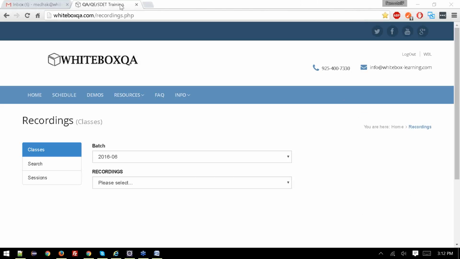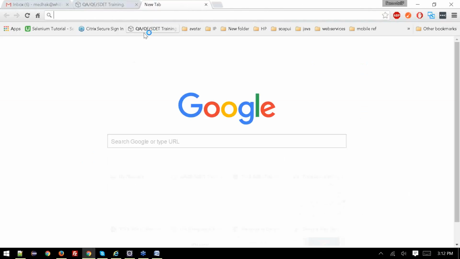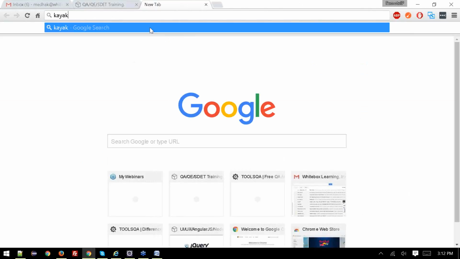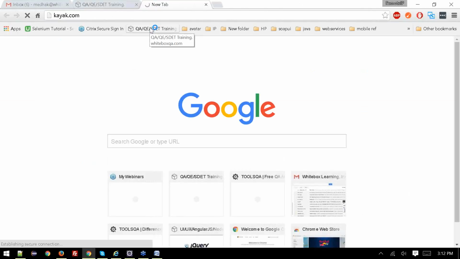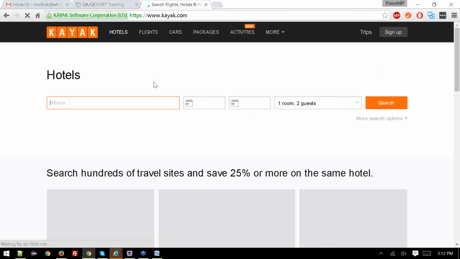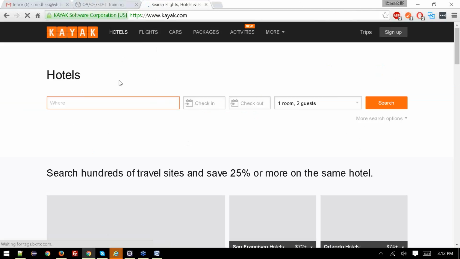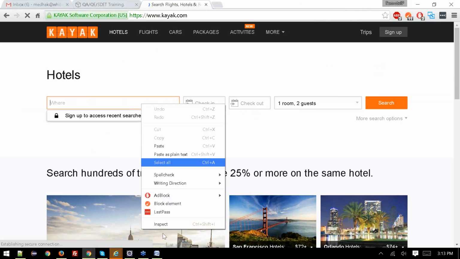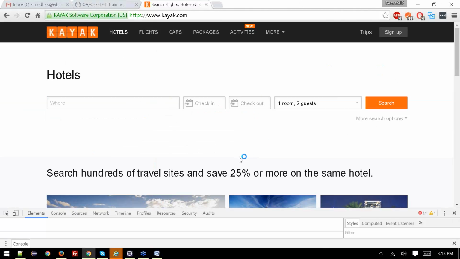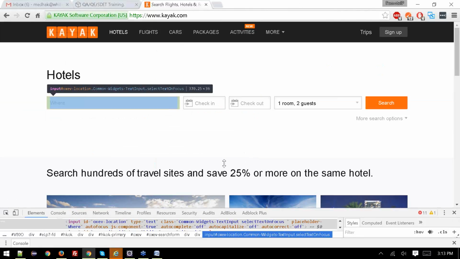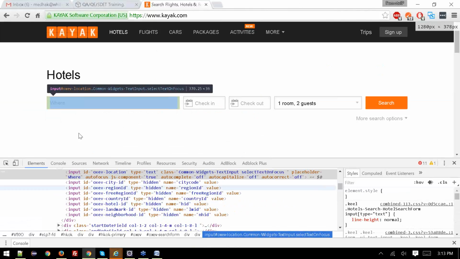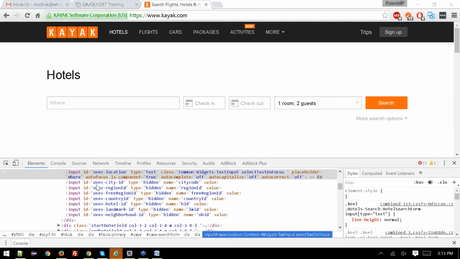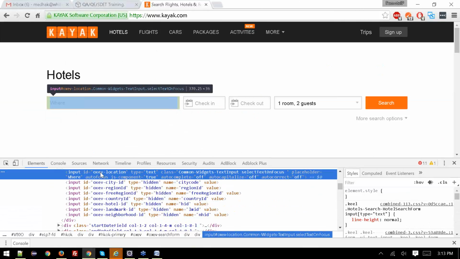Actually, I wanted to take some of the elements from the previous mock and wanted you people to write the path for those elements. So for example, now I have hotels, and if I do an inspect element on this page, if you can notice the ID is,